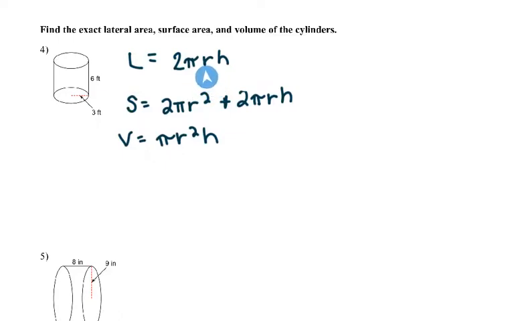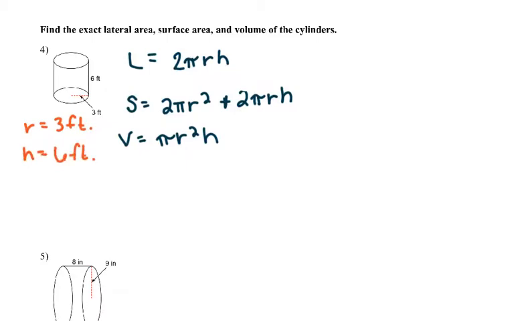We are looking at the radius, and the radius here is 3 feet. And we need to know the height of the solid, and the height here is 6 feet. Those are the only two variables we use. So if our radius is equal to 3 feet, and the height of our solid is equal to 6 feet,